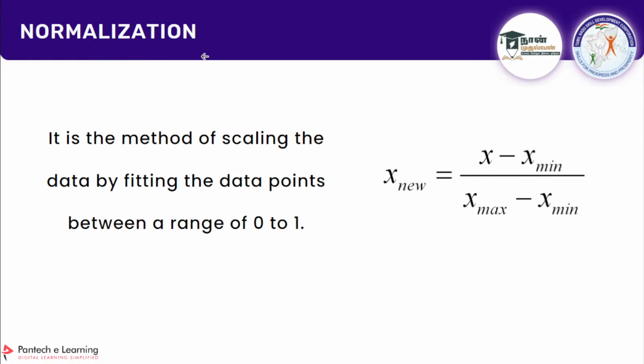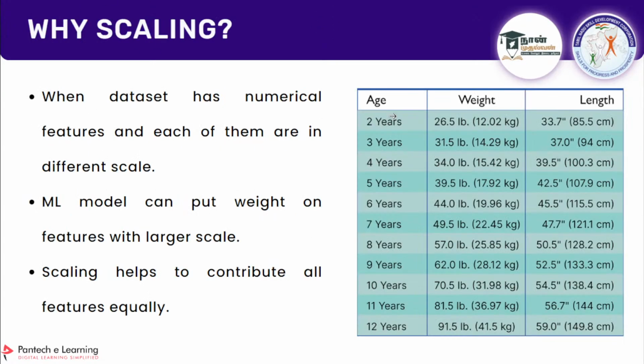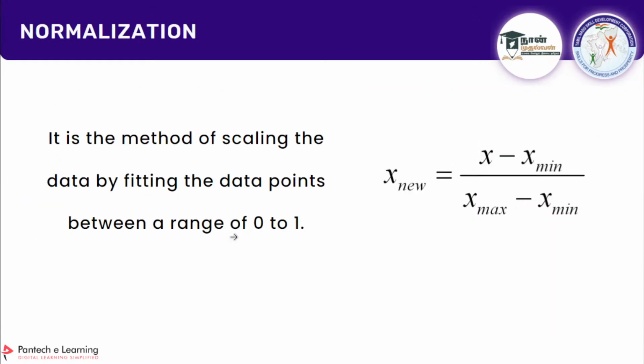So if you do this normalization, all these values in your data will have a range between 0 to 1. Okay, so it won't go below 0 or above 1. In that way we are going to transform this. So how are we doing it? There is a particular module for this, but what is the math or statistics behind it?